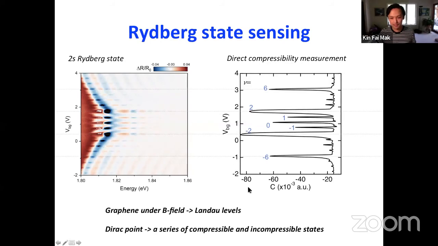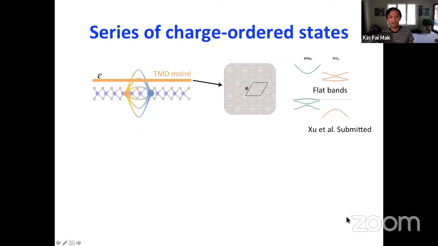And the result compares extremely well with an independent compressibility measurement. You can see all the different Landau level indices that can be seen by this excitonic or Rydberg state sensing technique. Okay, so since it works so well, we can now replace the graphene layer by something more interesting,